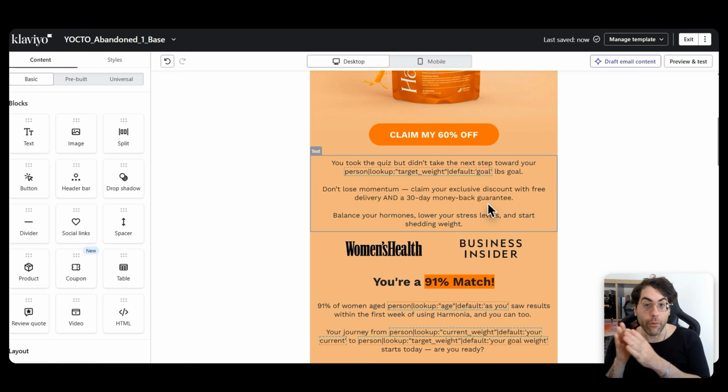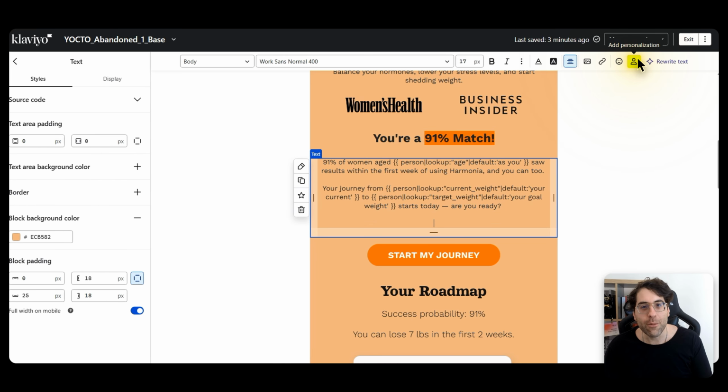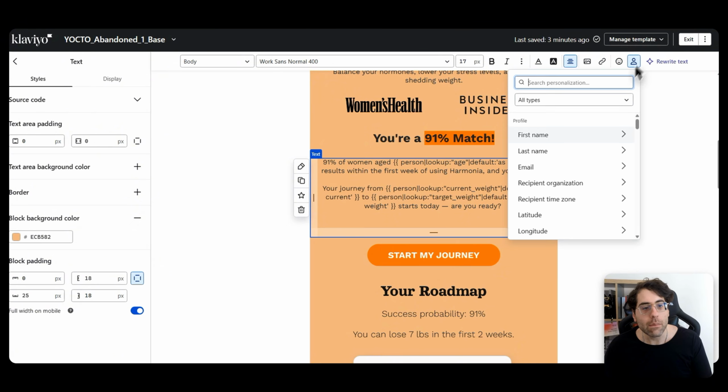So it will be different for a person that wants to be 160 pounds, and different for a person that wants to be 200 pounds, and different for a person that wants to be 120 pounds. So that works like this. It's fairly simple. You would just go to a little button that says add personalization, and then you literally have everything that